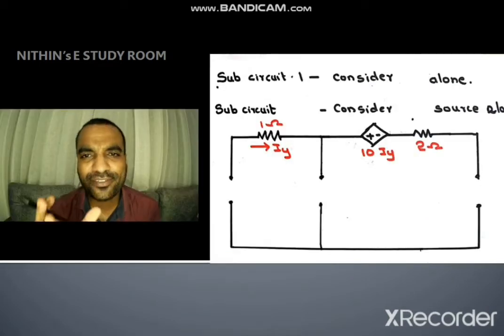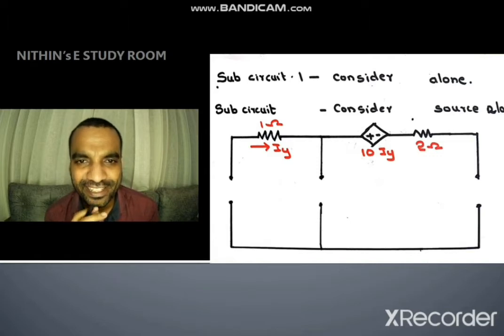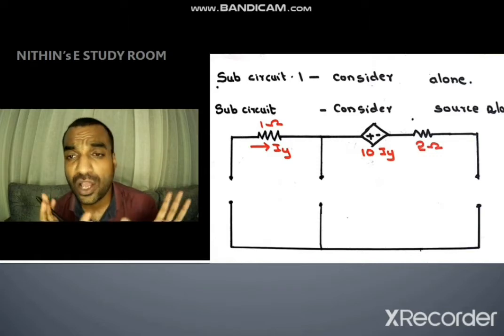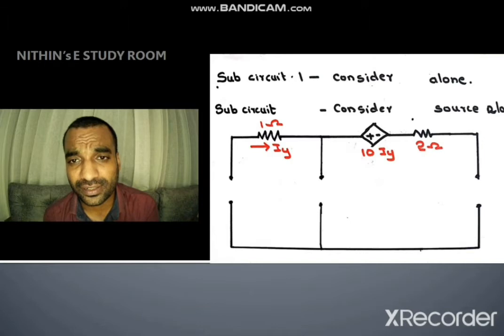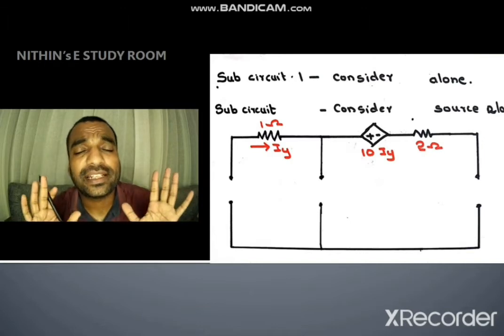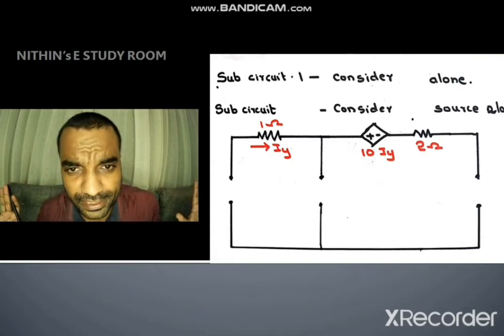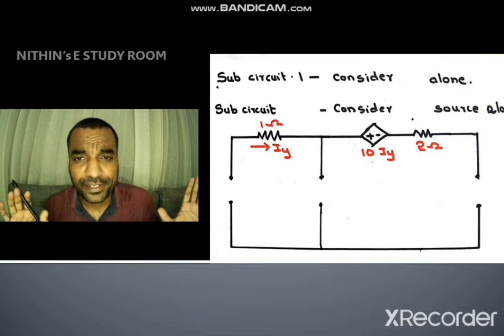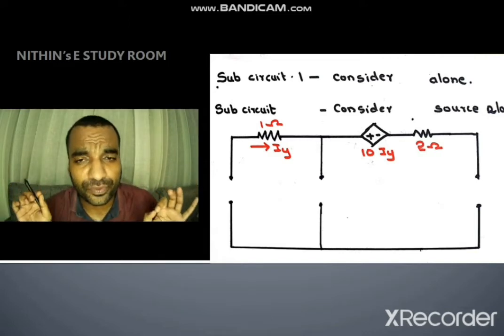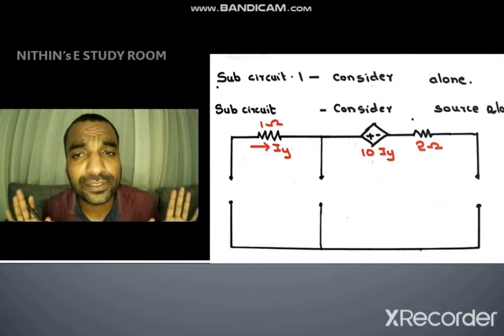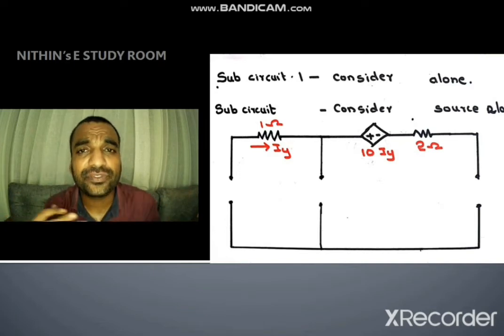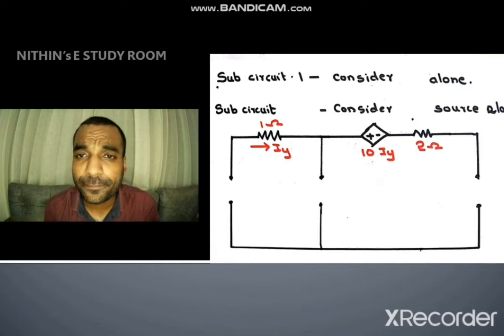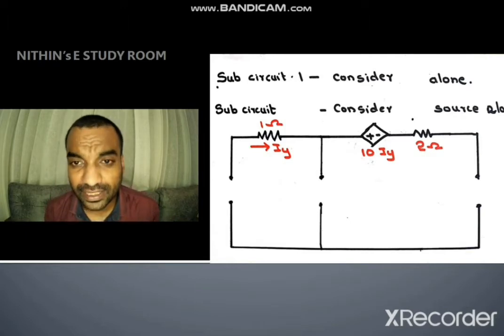So this is my way of representing. Here I have shown all the common components in one figure, because in the three subcircuits all the resistors will be there, all the dependent sources will be there. The changes will be applied to only independent sources. So this is a general case which I have drawn first.